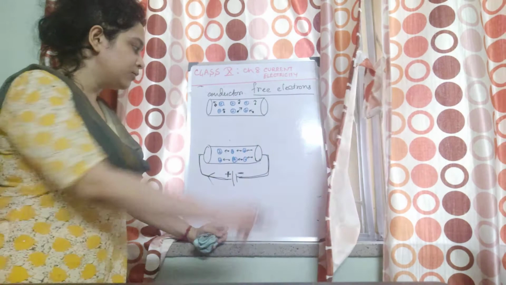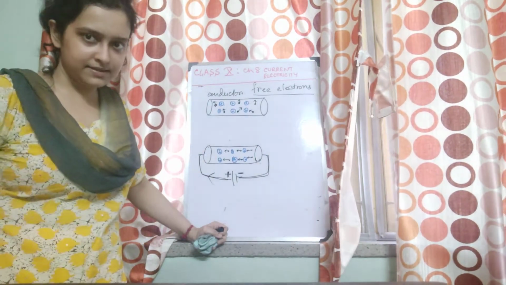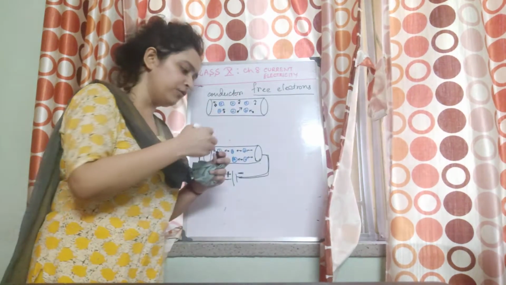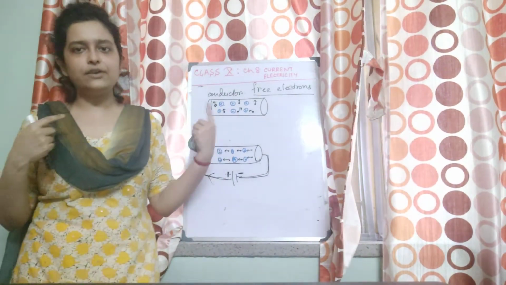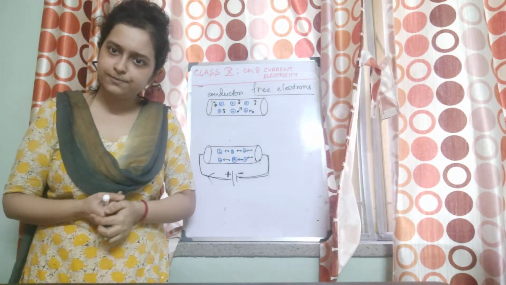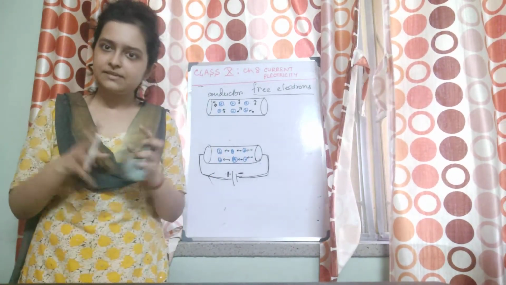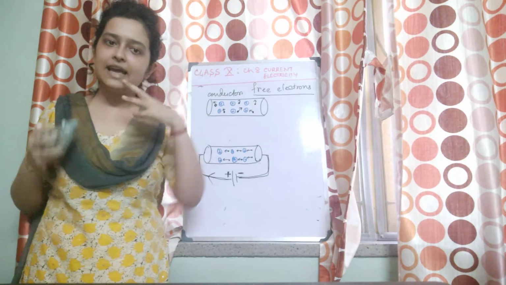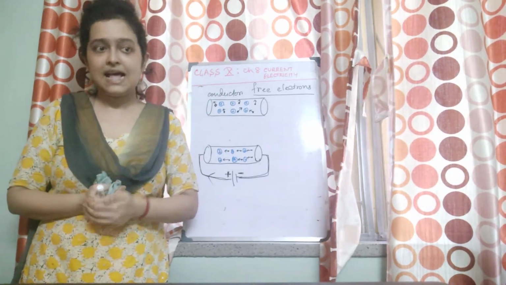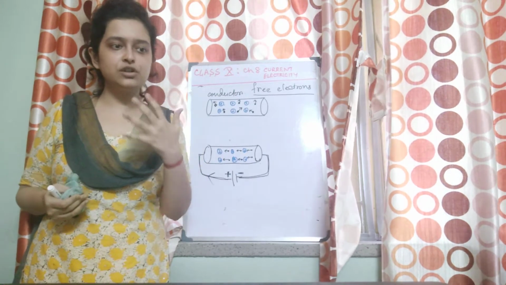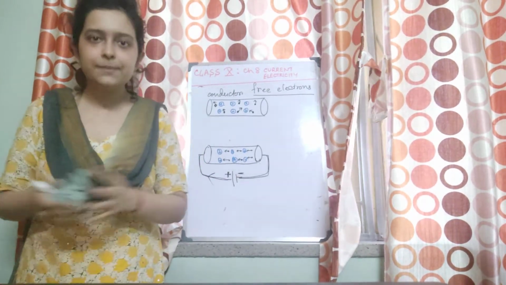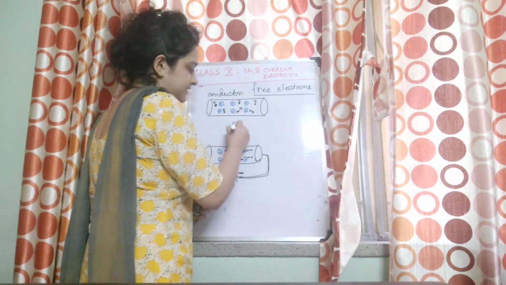Now, the moving electrons constitute electricity, we know. But while the electrons are moving, won't they collide with the other positive ions and the other electrons also? That means while they are flowing, they will face a lot of obstruction to the flow. That obstruction to the flow of electrons in a conductor is nothing but the resistance.